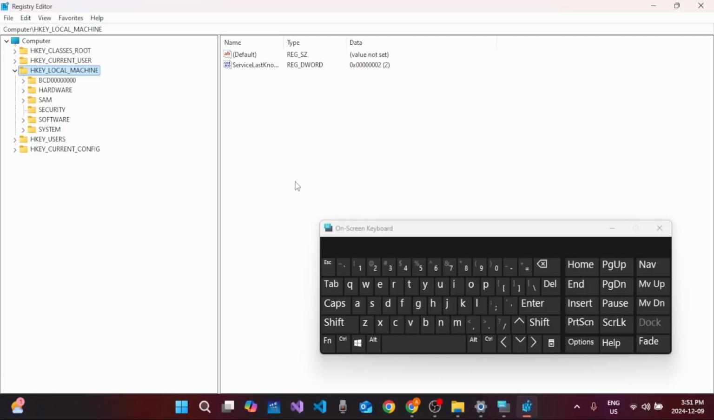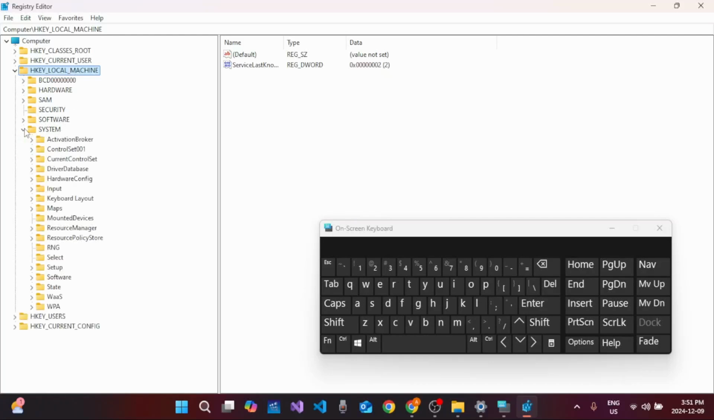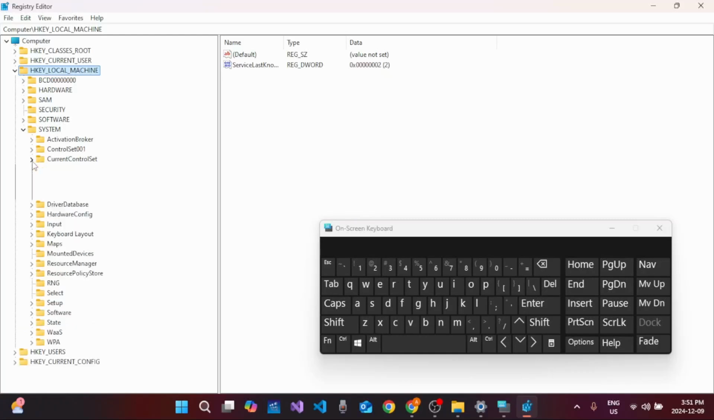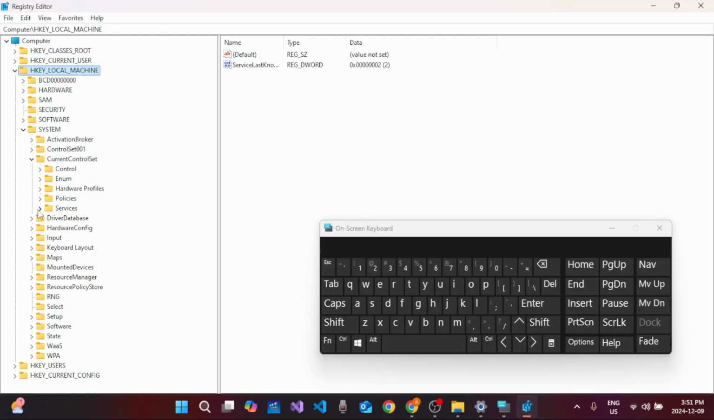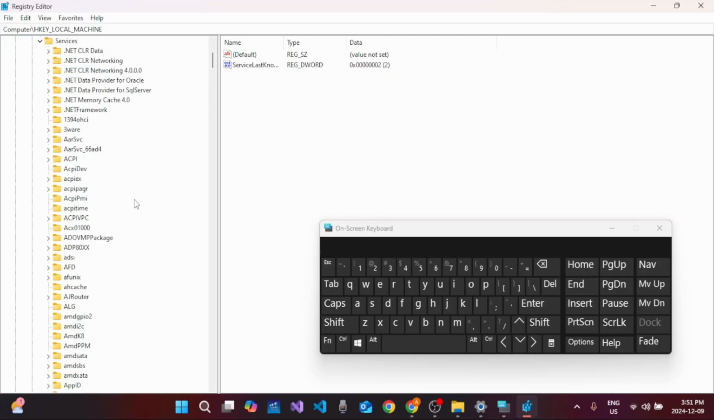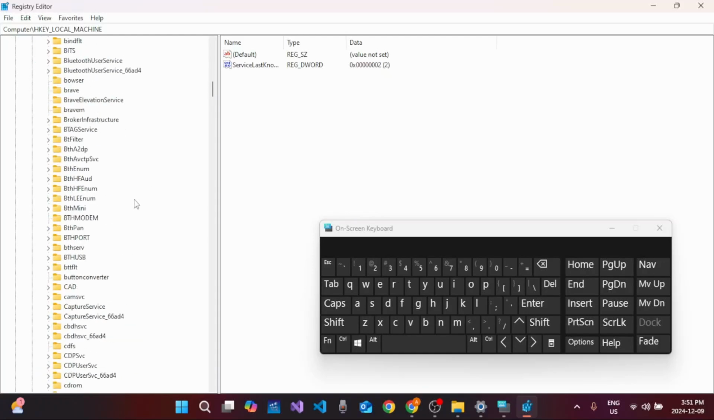Now the Registry Editor window appears where you need to locate HKEY_LOCAL_MACHINE and you have to expand it using the side arrow. Now you need to expand System. Scroll down and navigate to the CurrentControlSet folder. Again expand it and expand the Services folder. Now here you need to scroll down